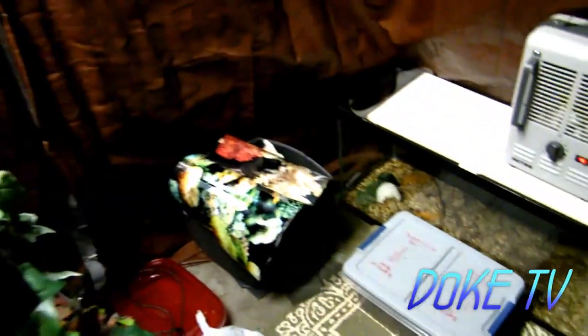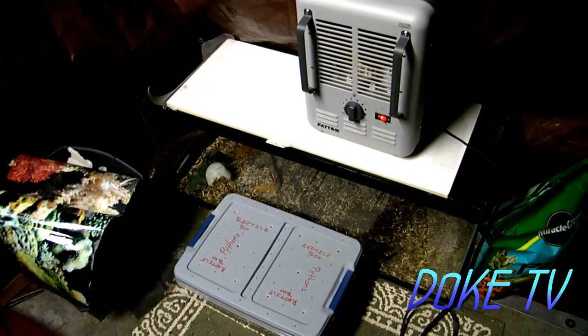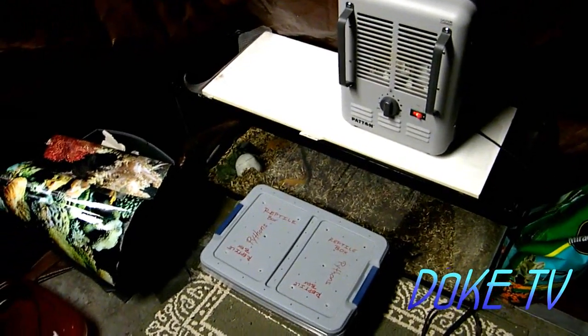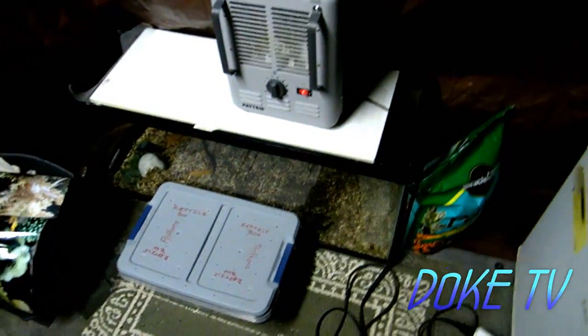So those are leopard geckos. Over here, that's a close to 40 gallon tank, and that will either be put in here or the snake room, which I'll show you next. This space I haven't used quite yet, because this used to be the opening. As you can see there, it's all pinned up now. This used to be the opening to get in the room, but I've tightened up the room a little bit, so now this space is open. I'm going to be putting this tank in here